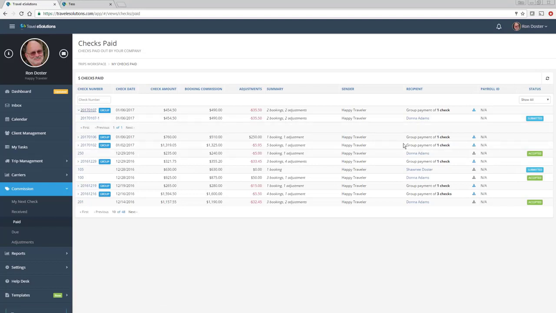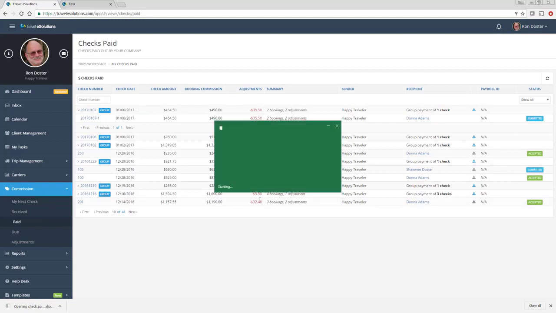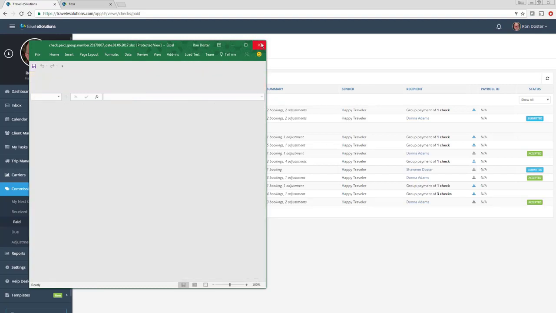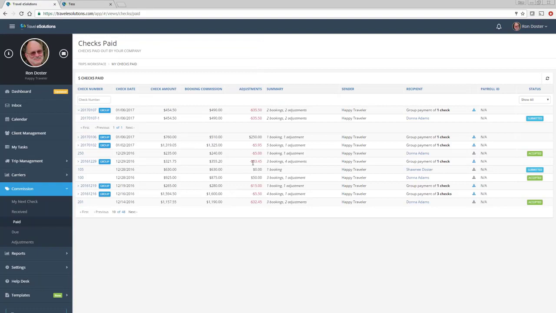But what you can do here is you can go over here to your little icon, and I'm going to click on that and export this to Excel. And then I'm going to take this Excel file and go over to my banking software or QuickBooks or whatever I use to physically send the checks and make sure each one of these checks gets sent for these amounts. Okay. Now, I don't have to send anything here to Donna that lets her know what she got paid. Okay. I don't have to do that. I just have to pay it. I have to get the money to her. Because when Donna logs in,